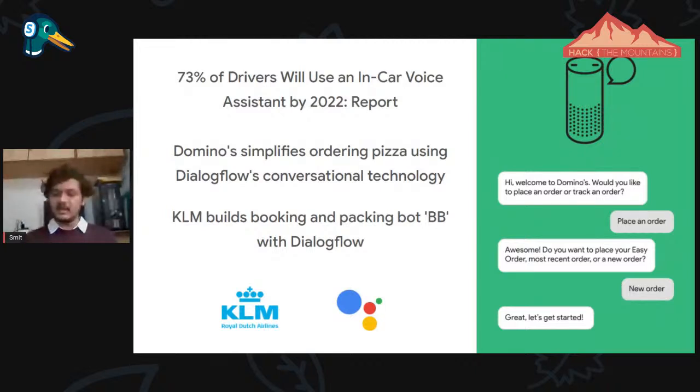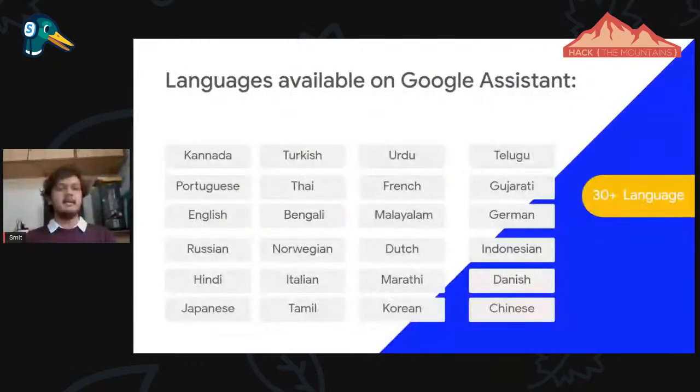But why are we giving importance to Google? If we say in India, why are we giving importance to the voice assistant? The major example is the languages available on the Google Assistant. More than 30 languages are available on the Google Assistant. But for the developer console, developers can build in English or Hindi for now. In future editions, they will be able to use multiple languages.